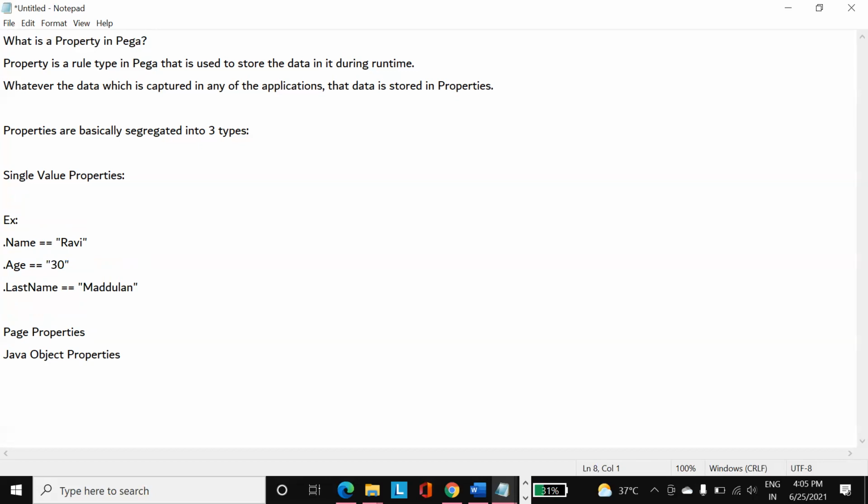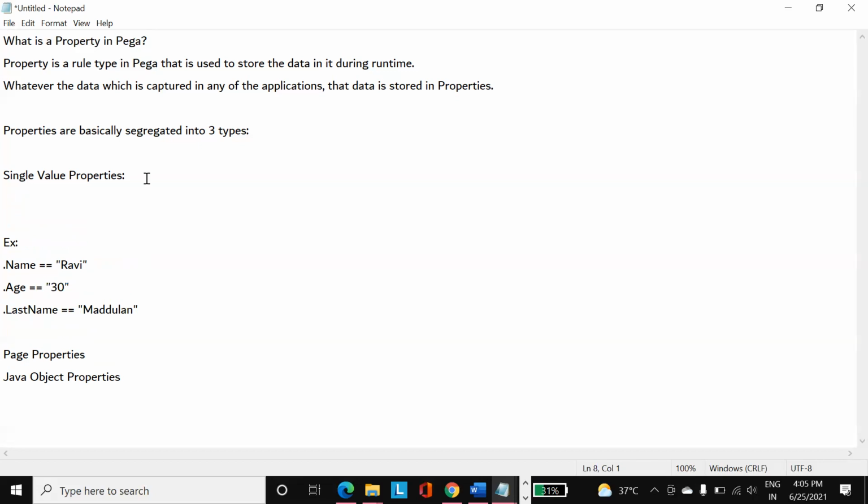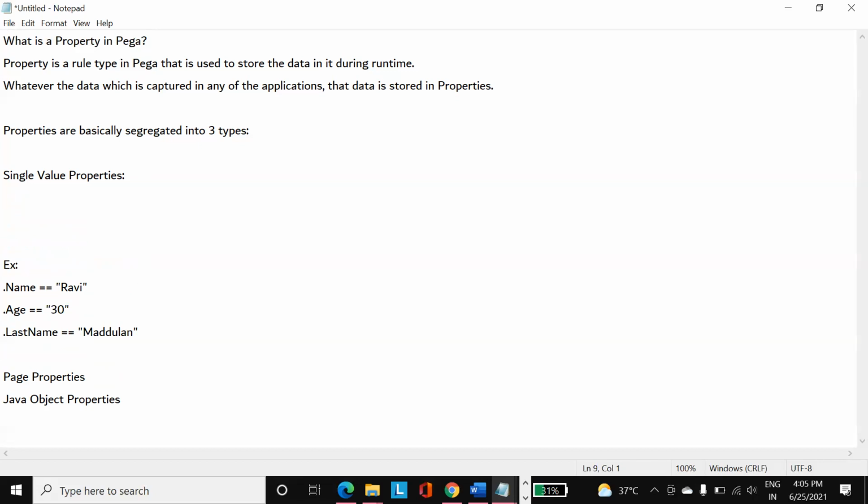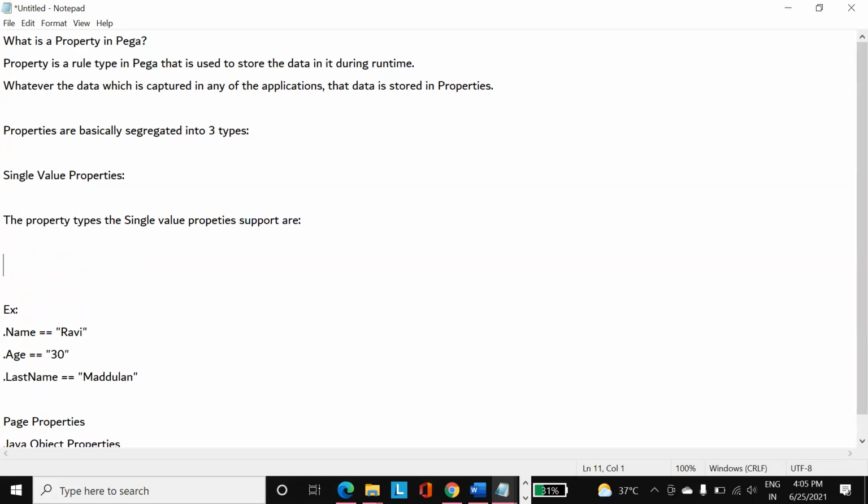Also, in single value properties we have different types of property types. What are the different types of single value properties?